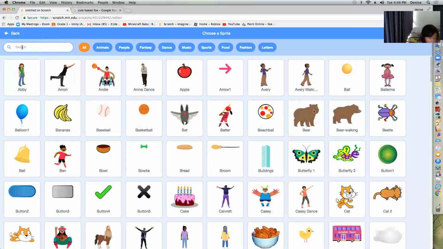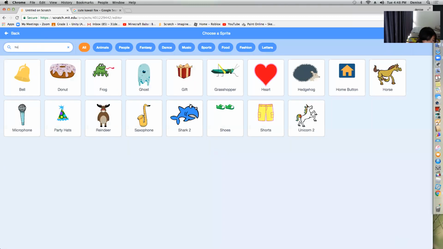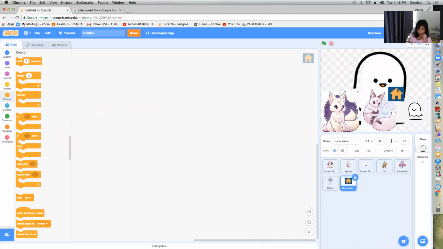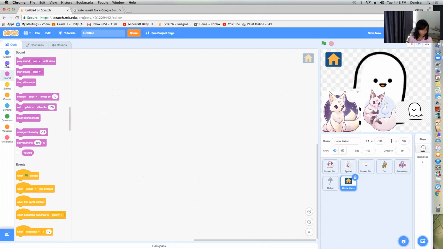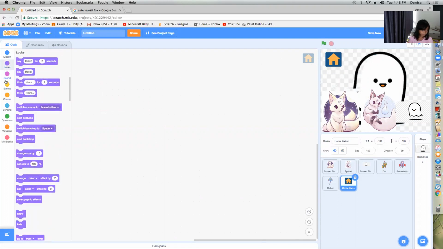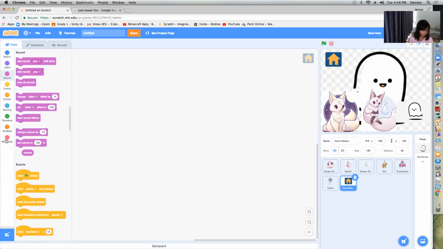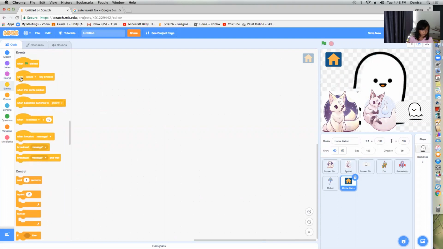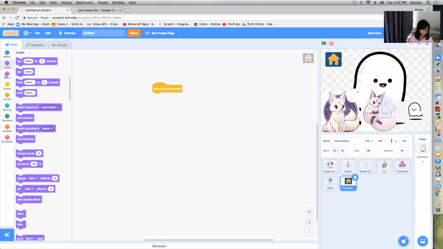Home button. When this sprite clicked, switch backdrop to Ghosty. Let's try it.